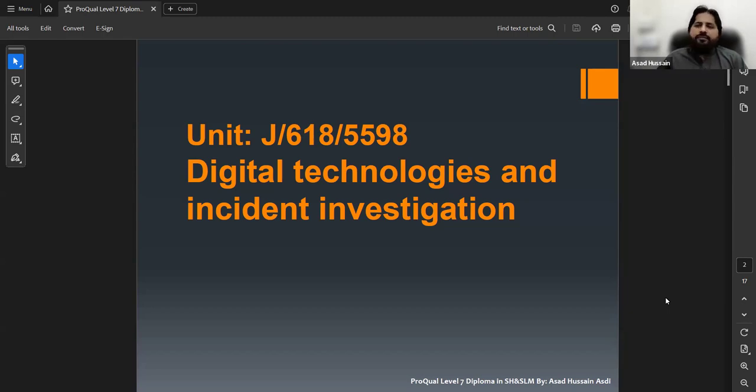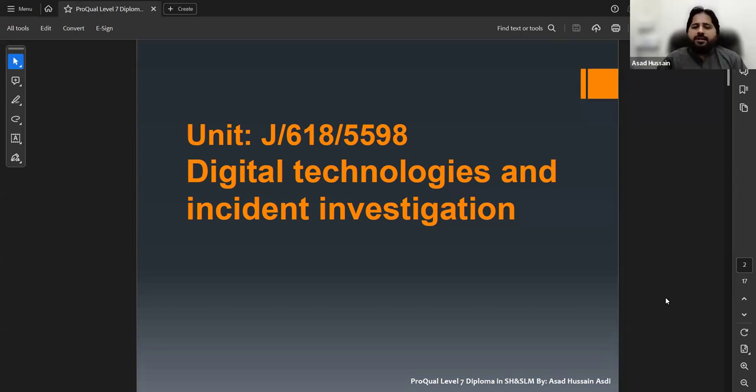And in short form, we are using the abbreviation LO for learning outcomes, and for assessment criteria, we are using the abbreviation AC. When we have AC with a capital and small s, ACs, it means assessment criteria. So now onward, we will discuss first the learning outcome and then the assessment criteria related to